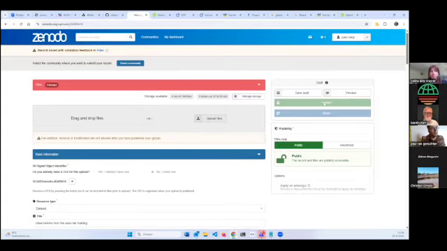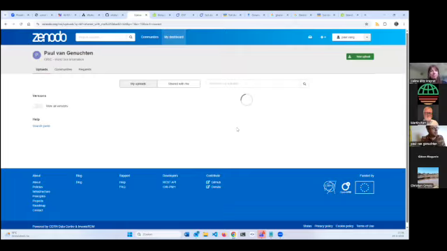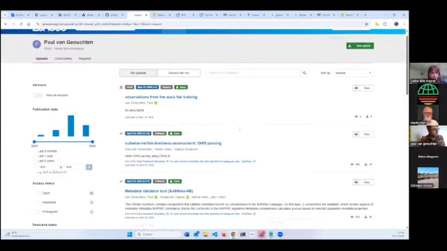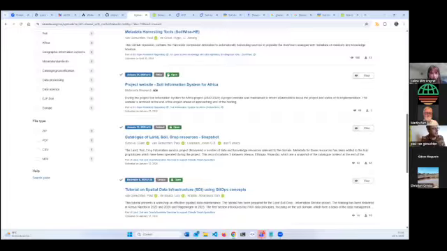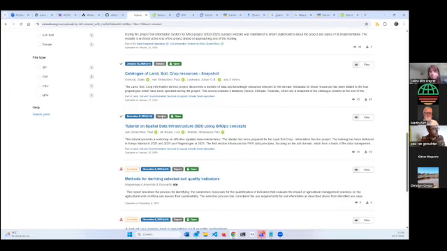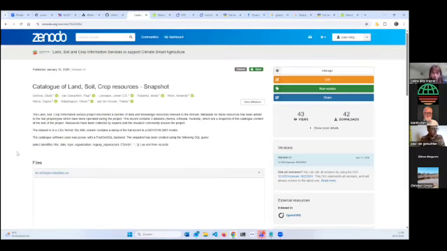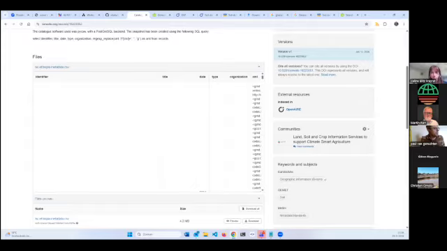And then at some point when we align, we get here the publish button available. And from then on it is available. Later, if I go to my dashboard, I see all these things that I published before. So for example, this is a snapshot of the land soil crop project database that I published last year.